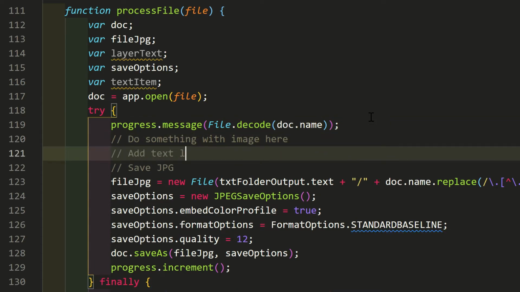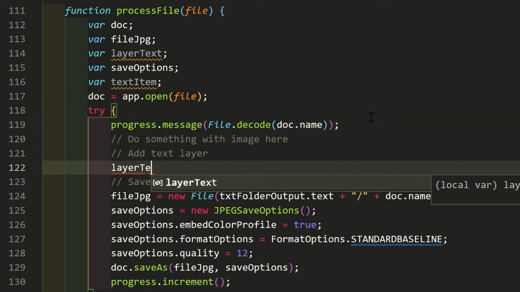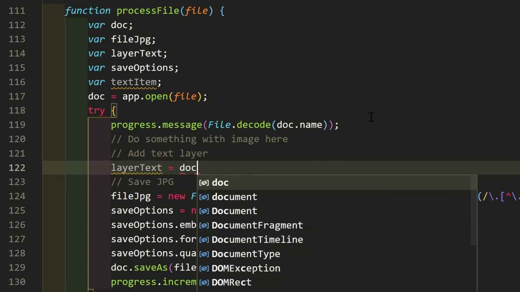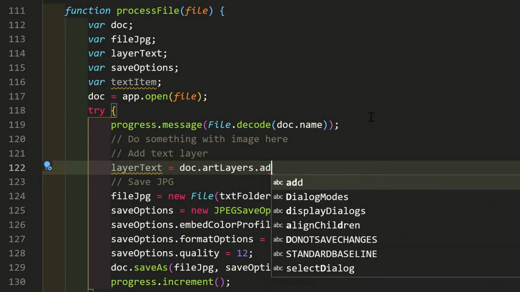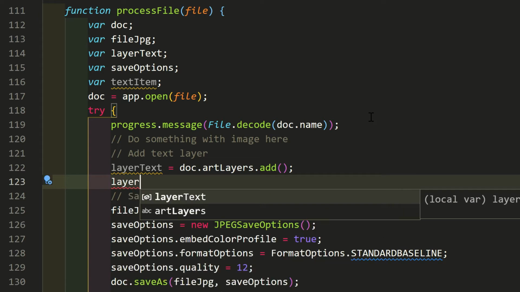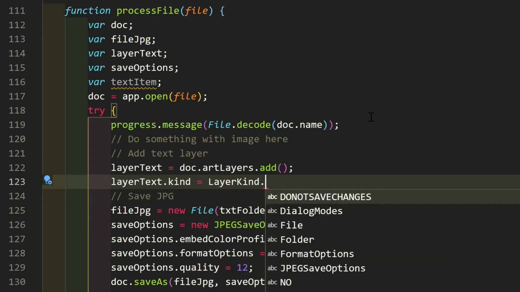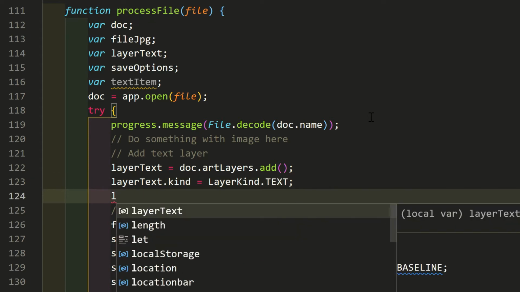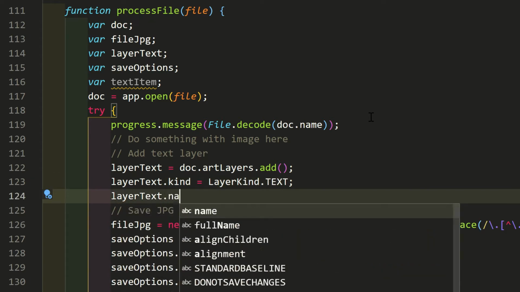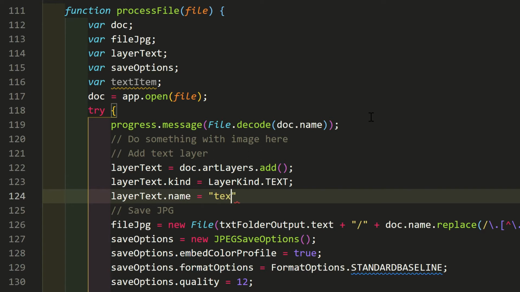Then add the layer. layerText equals doc.artLayers.add. layerText.kind equals LayerKind.TEXT. layerText.name equals "Text", or any other name you like. This is what appears in the Layers panel in Photoshop.